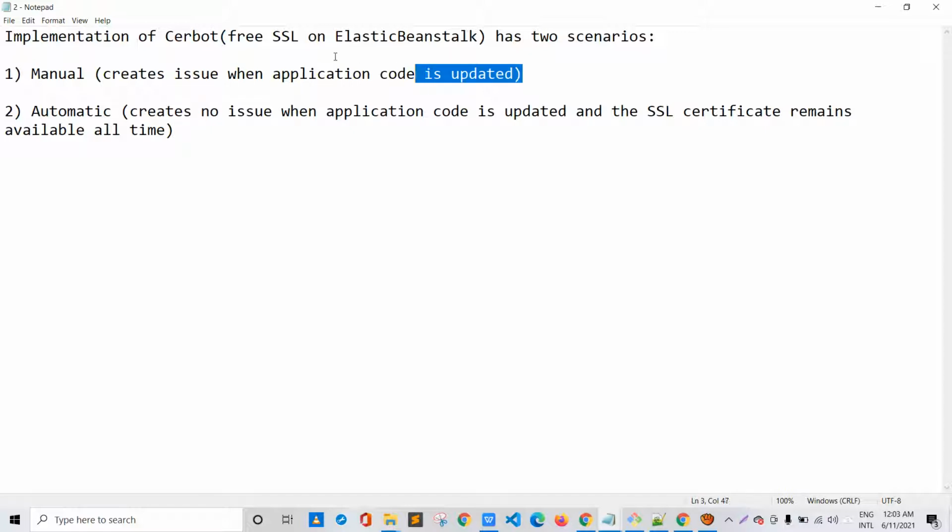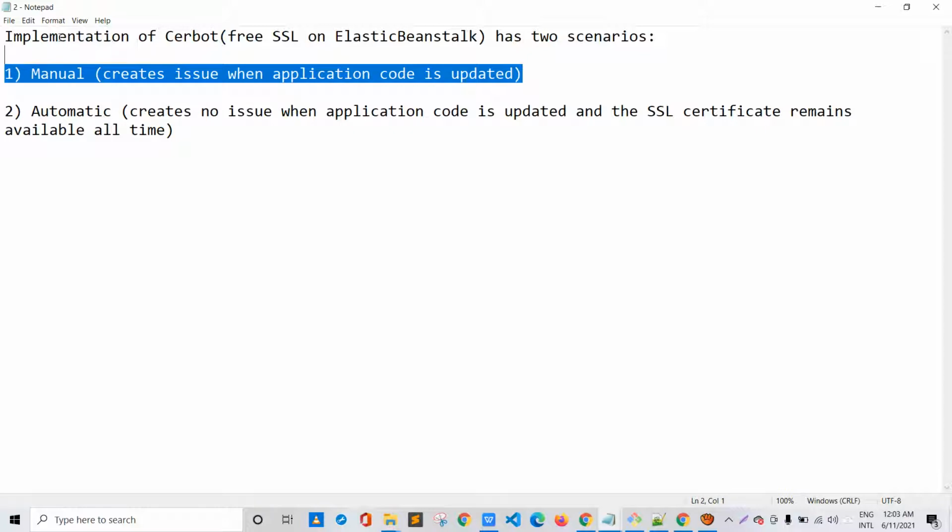So yes, let's move to the demo part to understand this step of the manual operation on Elastic Beanstalk for SSL implementation, so that it would be clearer at our end.